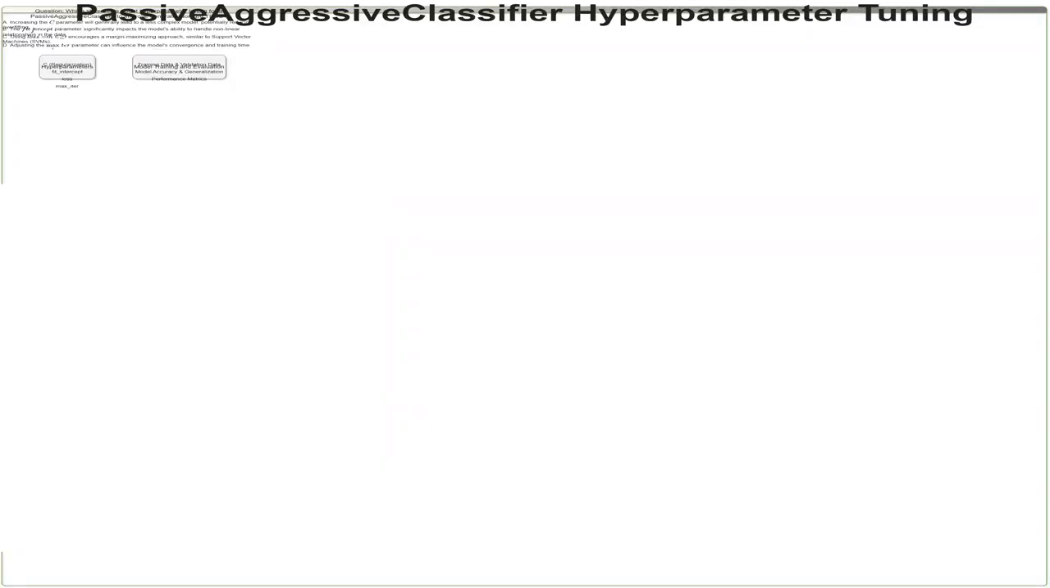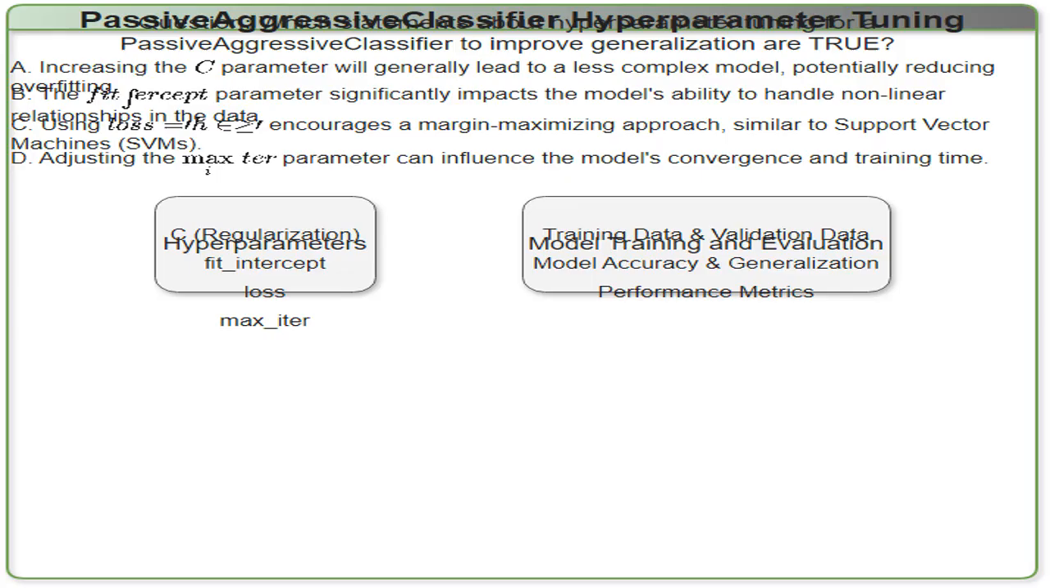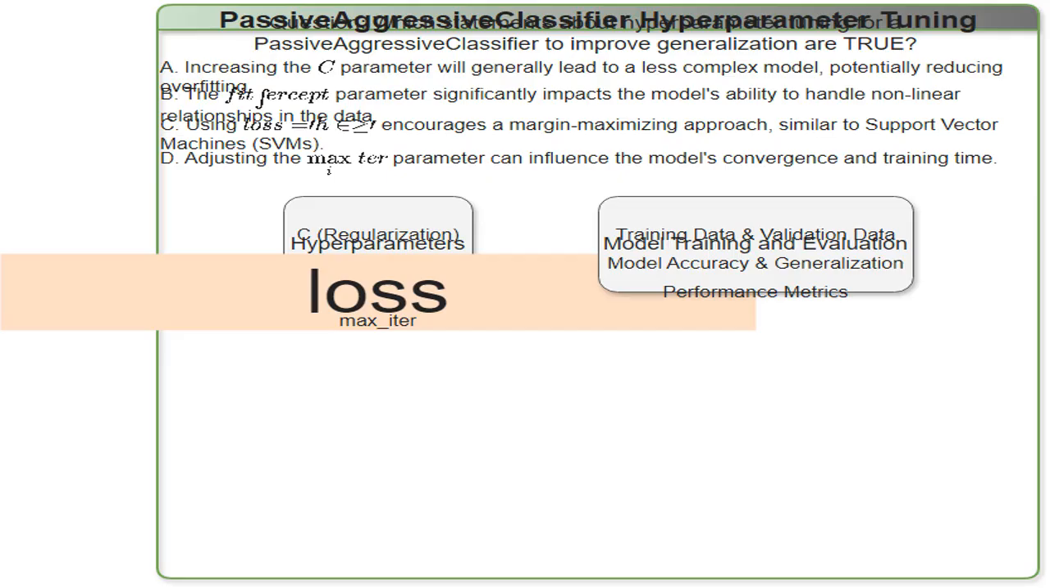This question tests your understanding of how different hyperparameters in the passive-aggressive classifier affect the model's behavior, particularly its ability to generalize to new data. This is the overarching topic, focusing on how to adjust the settings, hyperparameters, of a passive-aggressive classifier to optimize its performance. The "loss" function defines what the passive-aggressive classifier is trying to minimize during training. The "hinge" loss is particularly well suited for classification tasks because it encourages the model to produce classifications with a